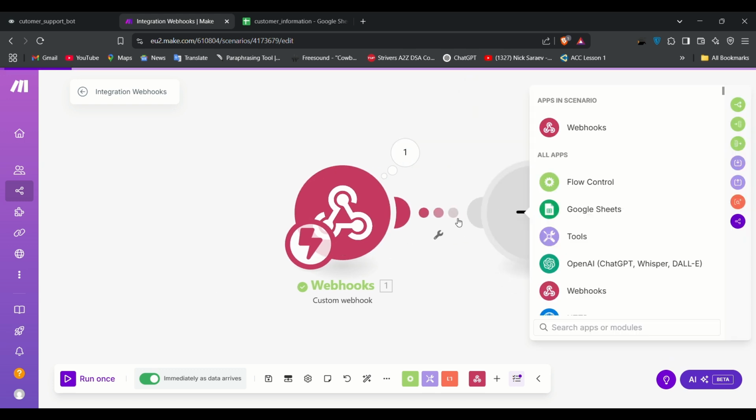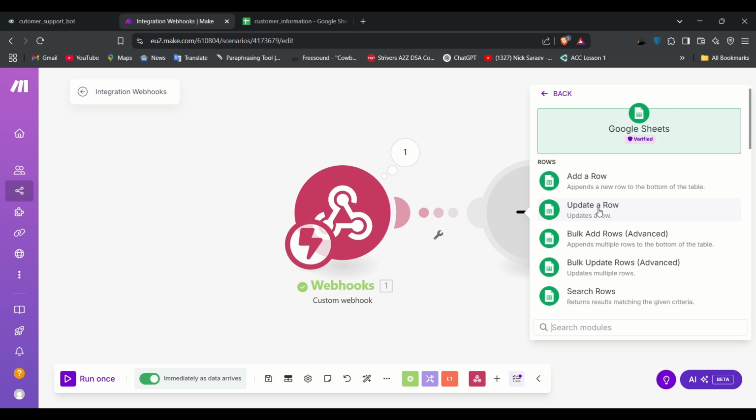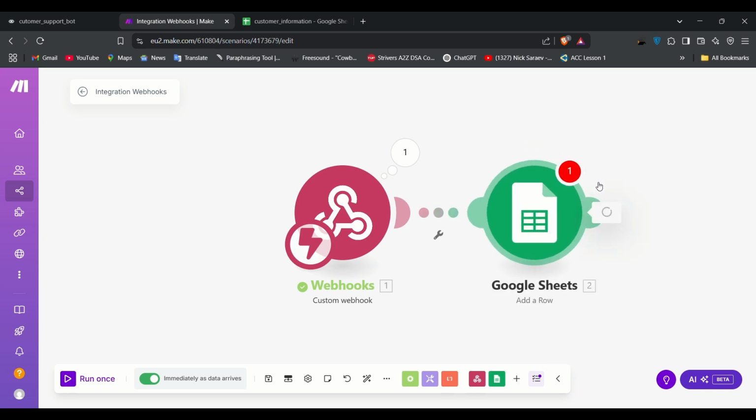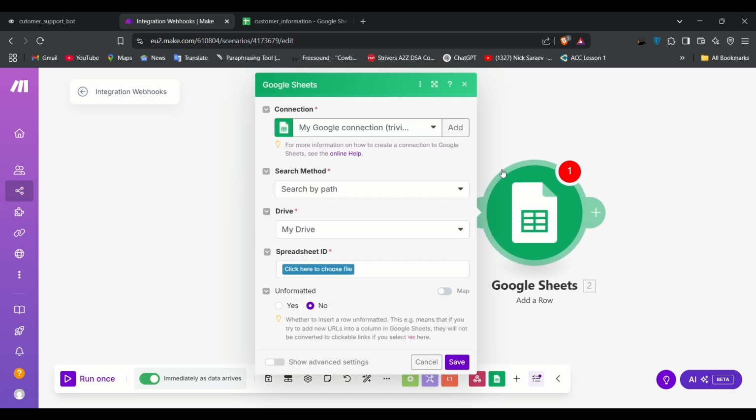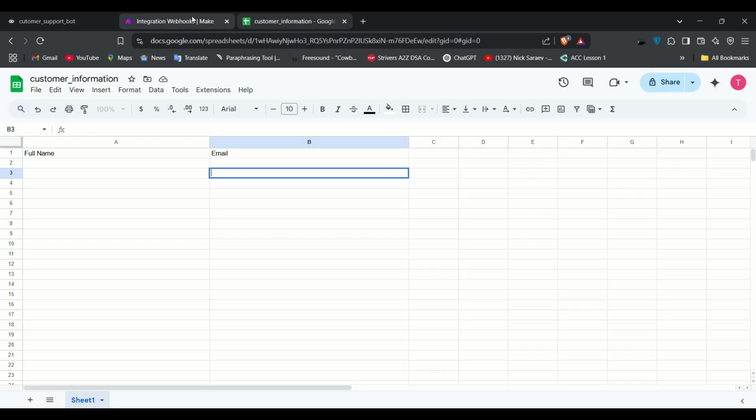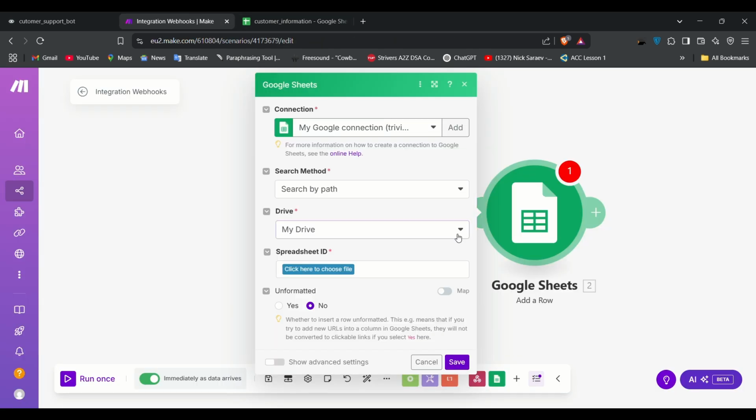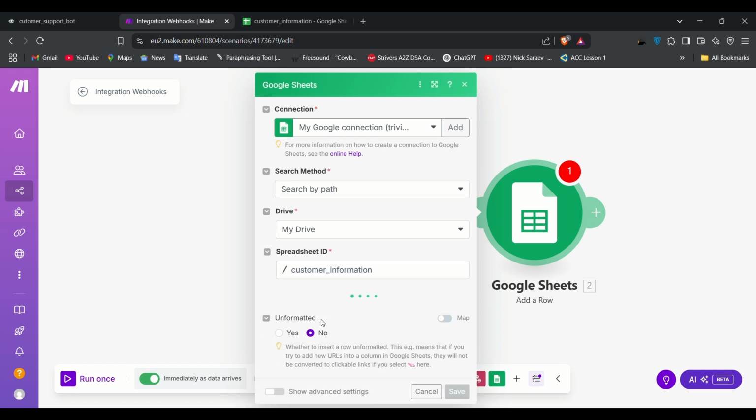So add another module, Google Sheets. Add a row, update a row. Now we have to add a row, right? Okay. Now that we have added a row, my Google account is already integrated with it, so I can see all my sheets that are available. What we have to find is the sheet with the name customer information. So from my drive, we got to choose files. What are the files here? Customer information,